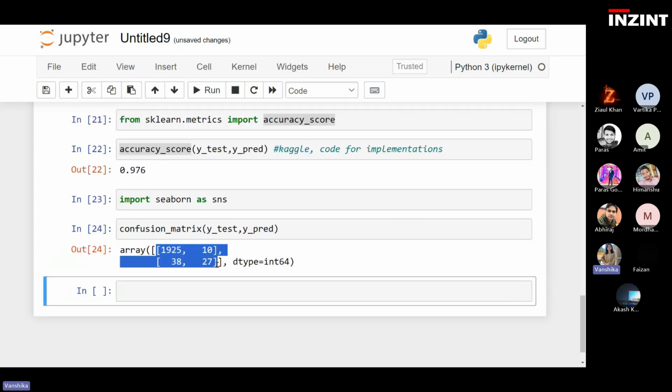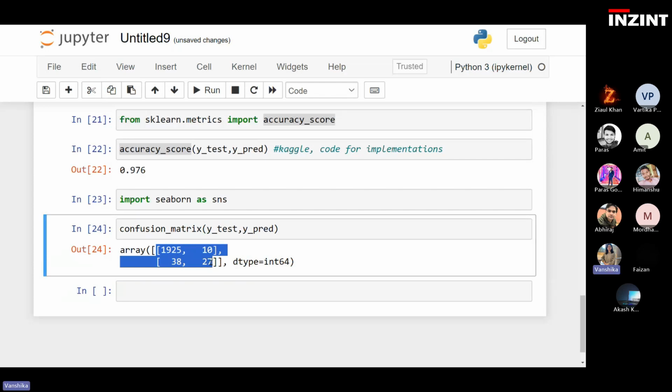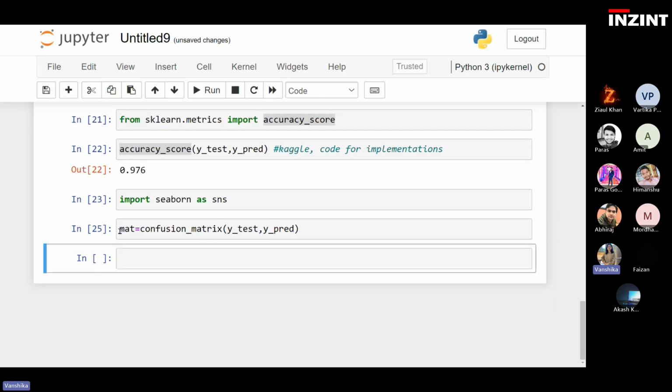This is the array that is generated for you, which denotes the true positive and true negative cases on the diagonal. So these 920 and 1925 are the true positive and true negative, and these are the false positive and false negative. If you want to plot it, you can store it inside a variable